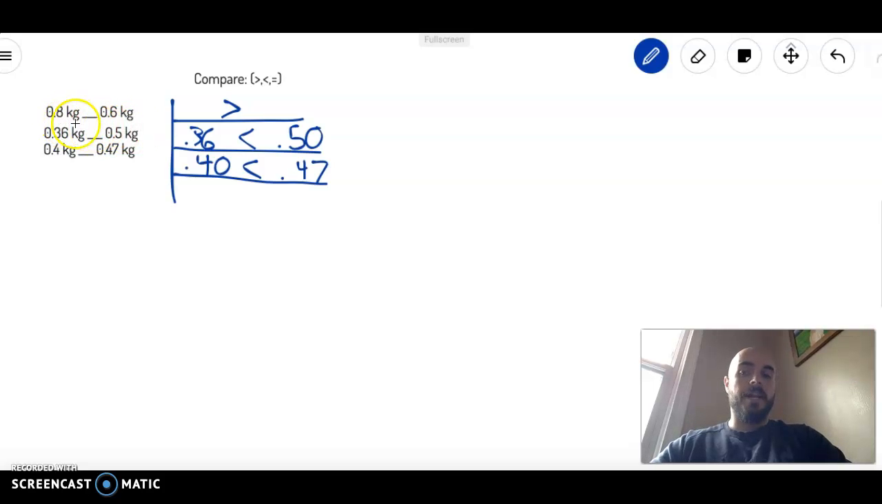Make sure that you're not comparing anything that's not the same unit. If they have different units, you might have to convert so that they're both the same unit, so then you can then compare. We'll look more at this tomorrow as I go